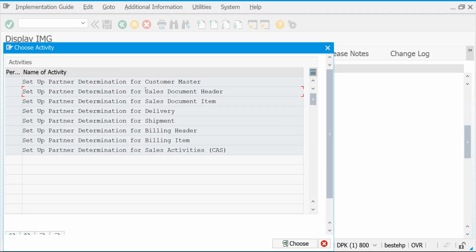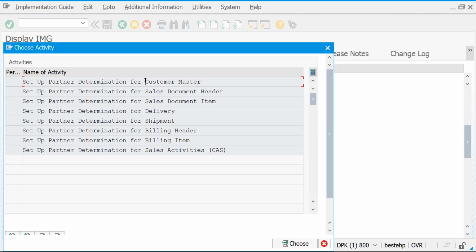But at sales document header level, you need not copy directly from your customer master. Certain partners you will determine at sales document header level, and certain partners at sales document item level. Based on the material also, at item level you are able to determine the partners. This we are going to see in a later section.